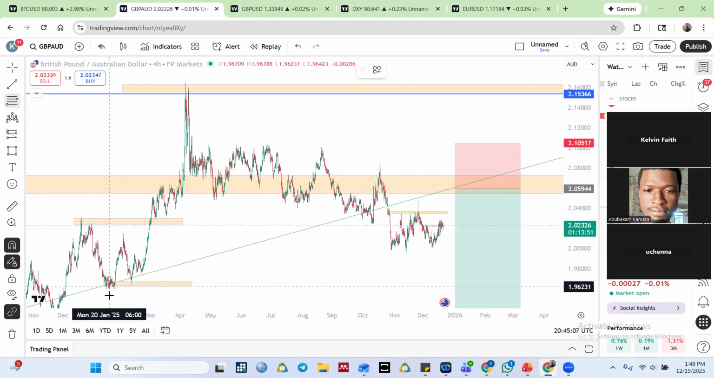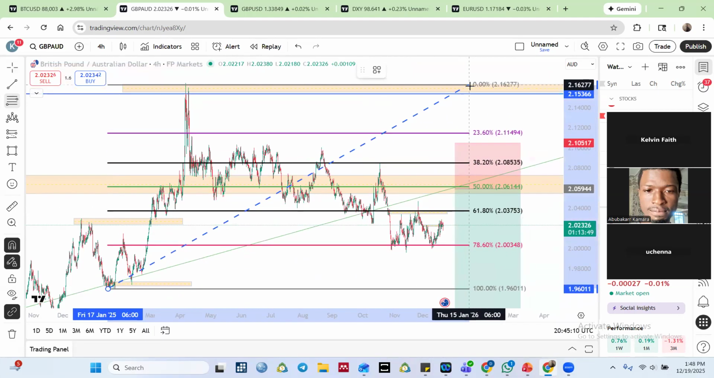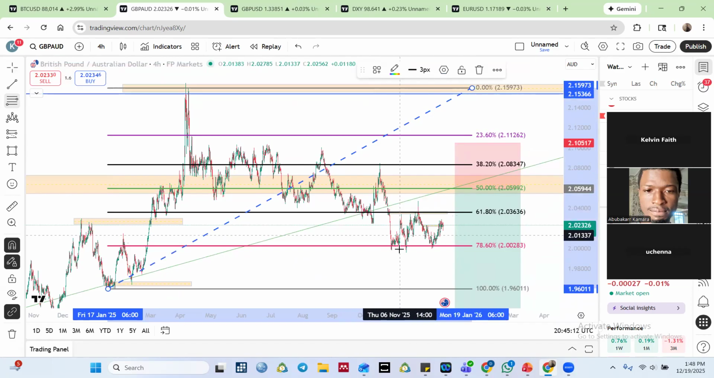So price has retraced, let's say we measure here, price is back to 78.6%. So it makes sense for price to react. Now it's hit here, reacted to 61.8%, back to 78. Okay, so